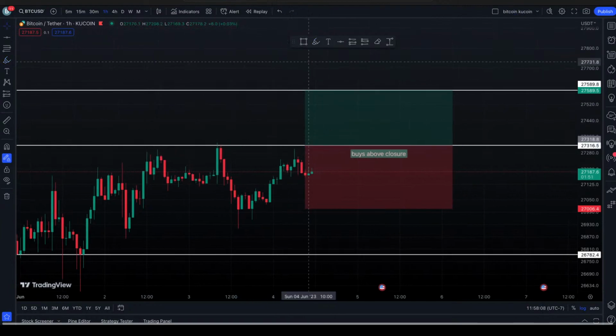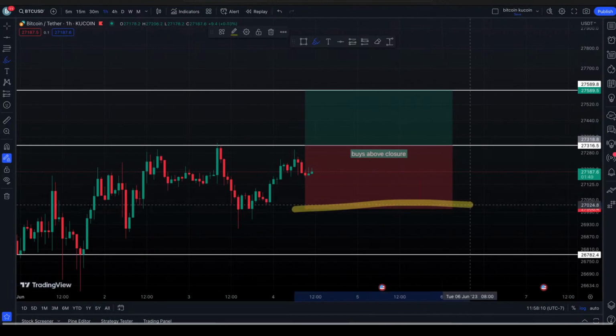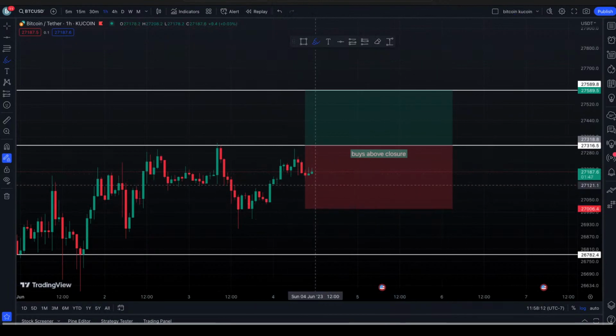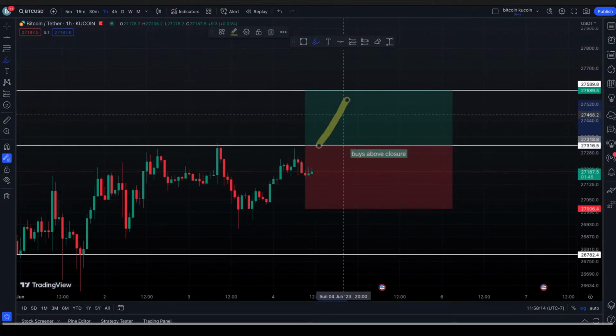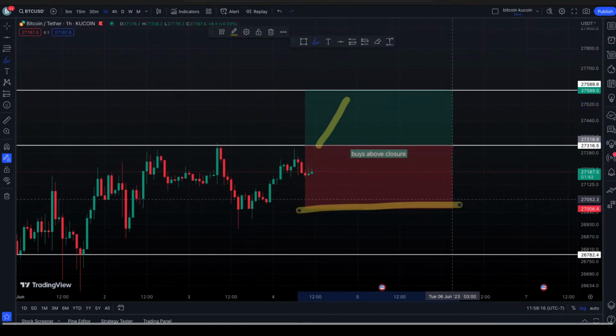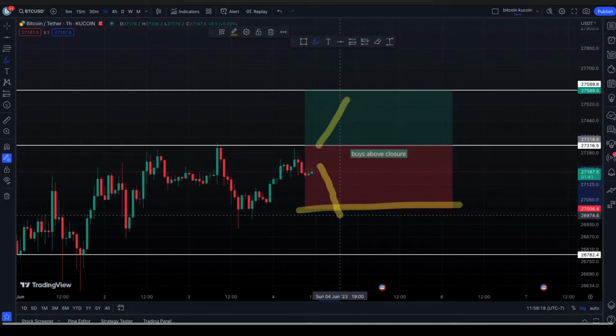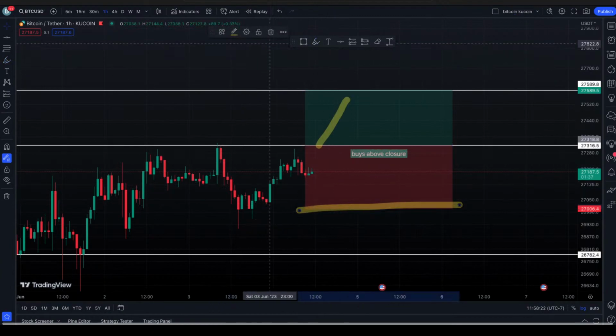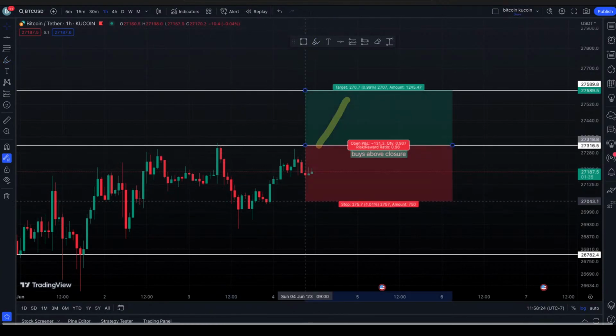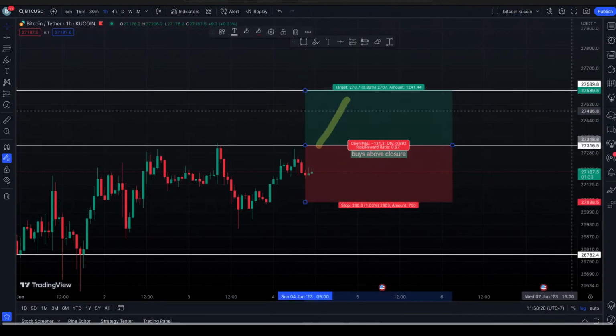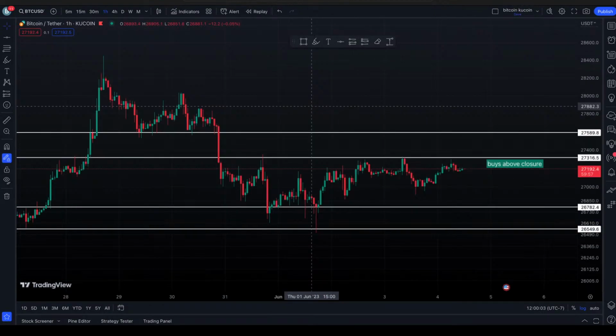A stop loss is in the opposite direction from where I'm guessing it's going to go. If I'm guessing it's going to go up, my stop loss would be down here, meaning if it goes down and hits this line, I'm out of the trade and I lost. You want to have a stop loss for protection. If you put your stop loss way